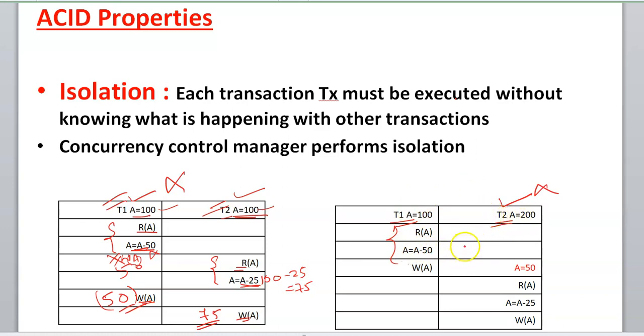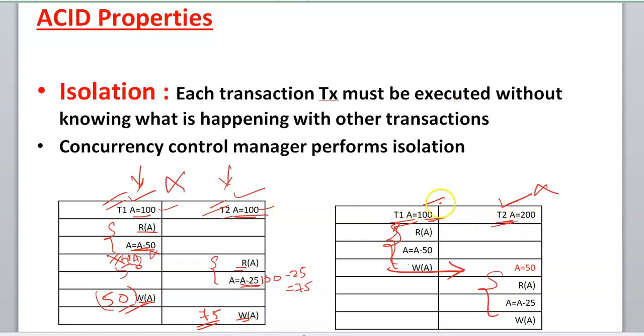This is called as serializing the schedules. We'll see what is serializability and the concept of serializability in the next upcoming videos. But this is a very short concept of serializability which is coming here. These two were parallel schedules, these two were parallel transactions. I am trying to serialize them now. That is, after the transaction T1 has been completed, only then T2 can be executing. Why? Because the transactions T1 and T2 are both operating on the same data item A.